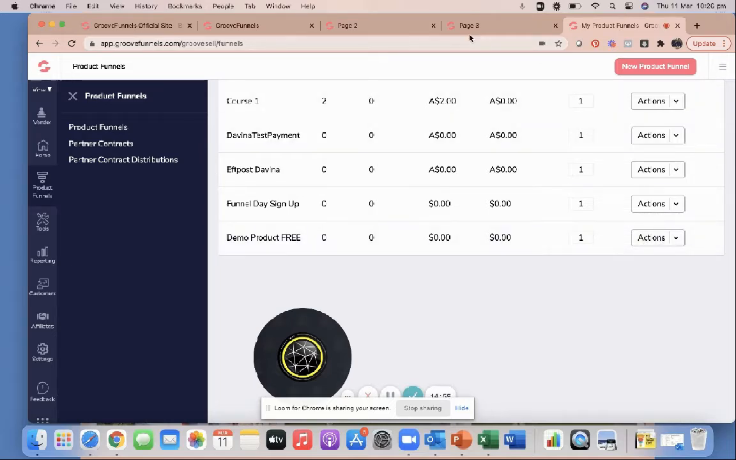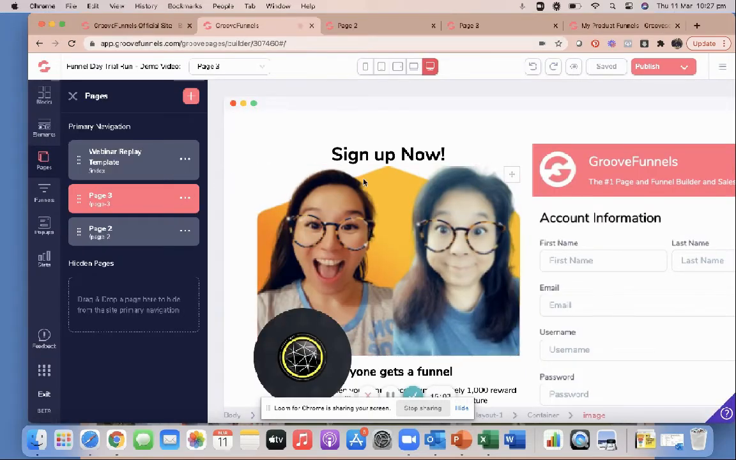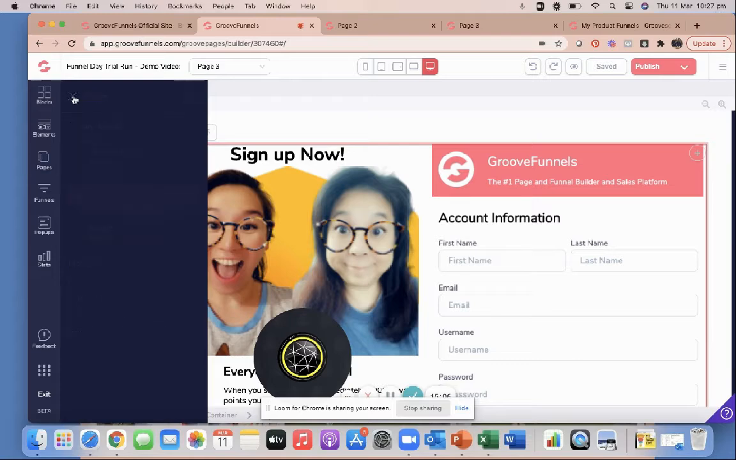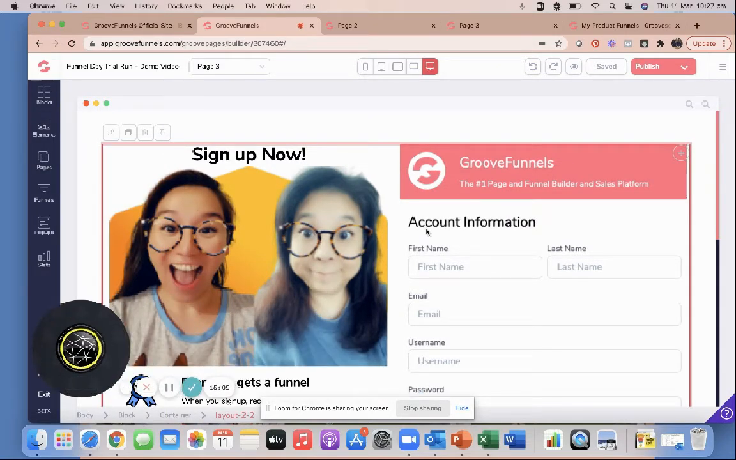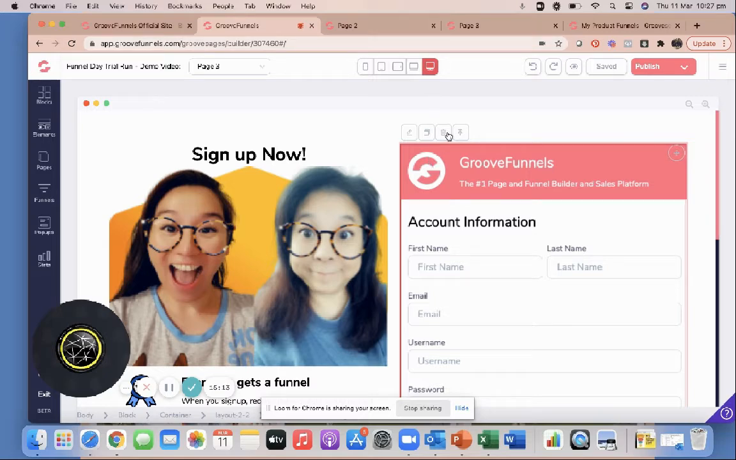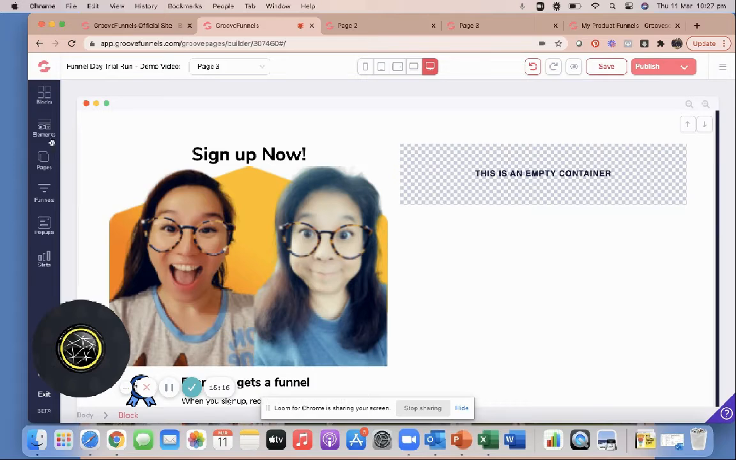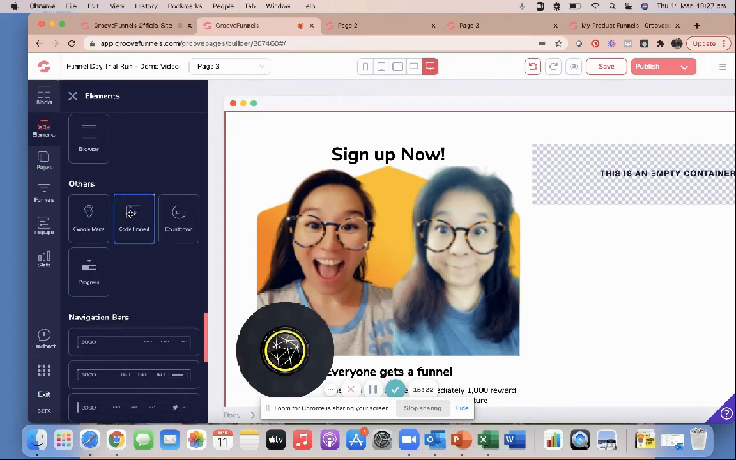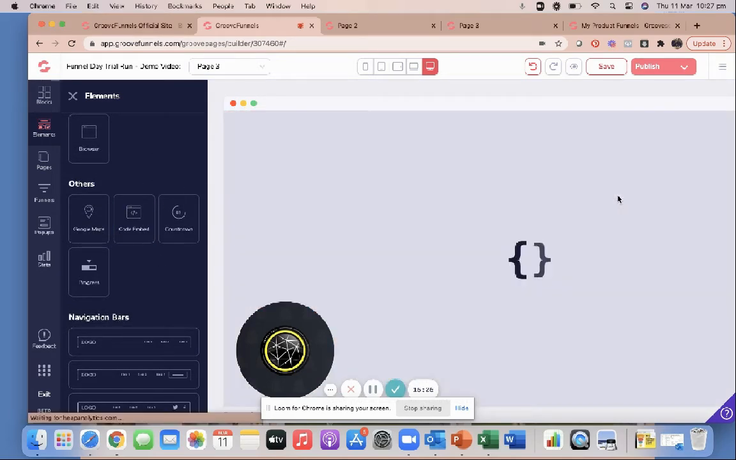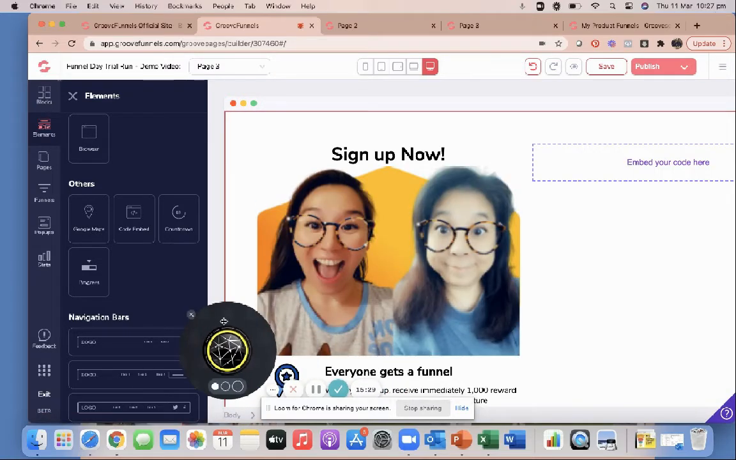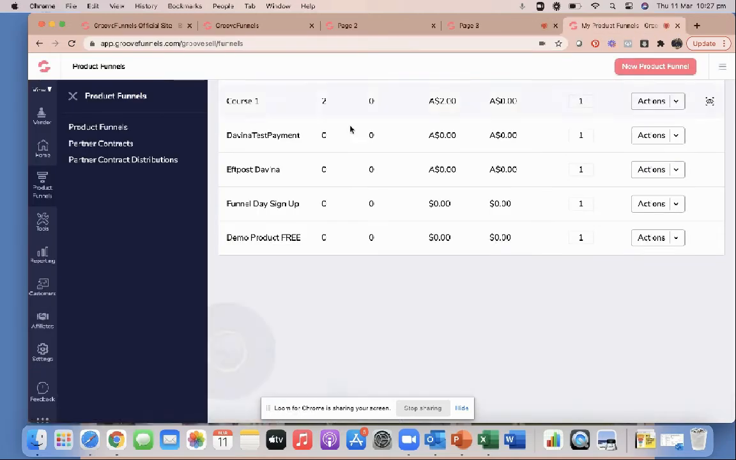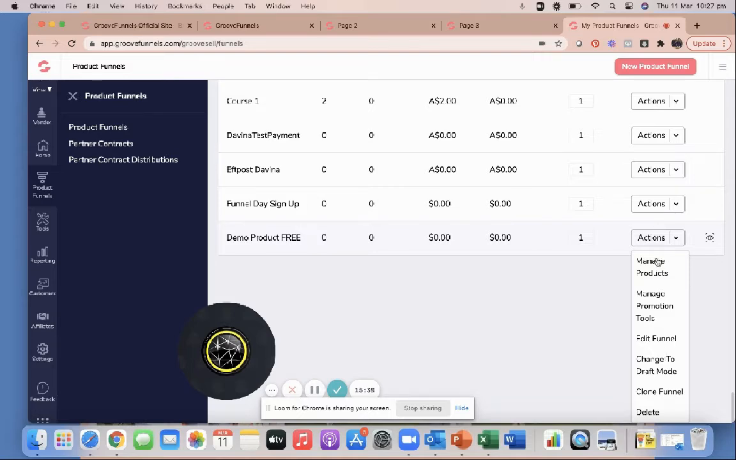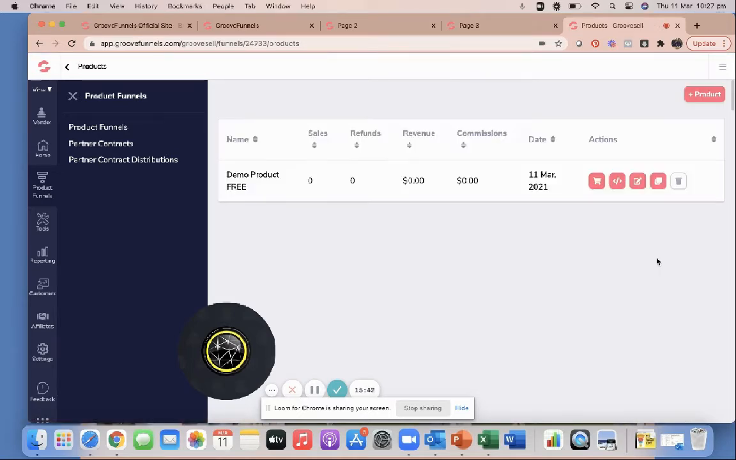So now what you need to do is you need to go back into Groovefunnels, so right here, and we're going to edit this. Okay, so let's just close this page. So what we're going to do now is we're going to delete this form, and we are going to go and grab custom code embed. I'm going to drop it into here like so. Okay, then what you're going to do is go back into your product funnels, and you're going to grab the URL by going into manage products. You're going to press this button here,